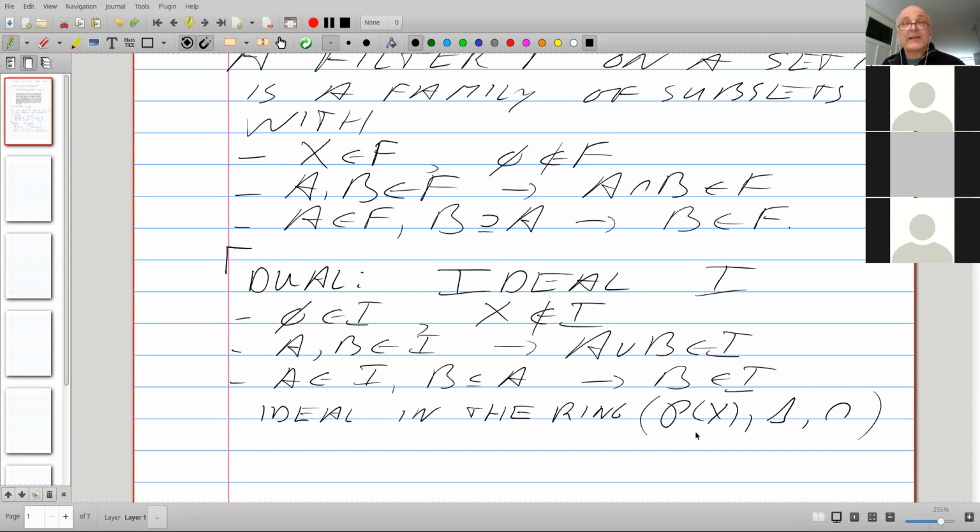The power set of X. The addition is symmetric difference, and the multiplication is intersection. If you interpret plus and times in this way, you get a ring. In rings, you have ideals in the algebraic sense, and that's the same thing as what we have over here.